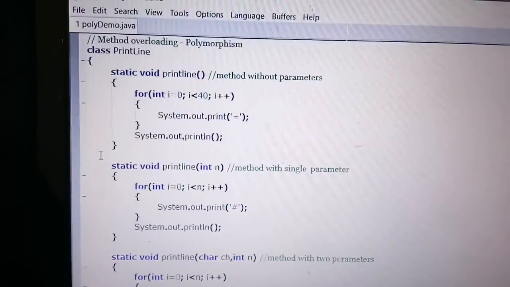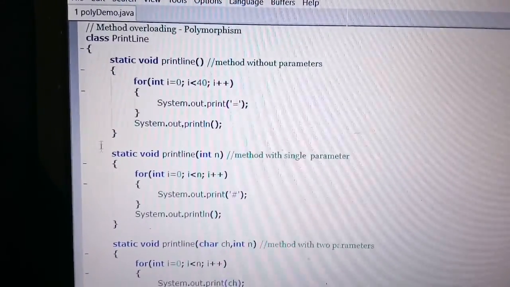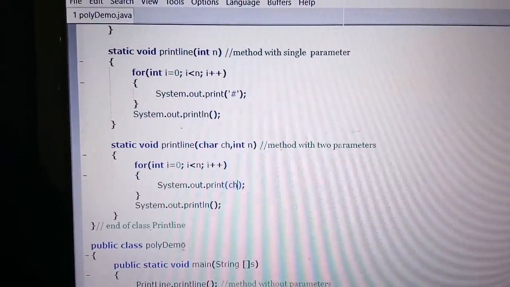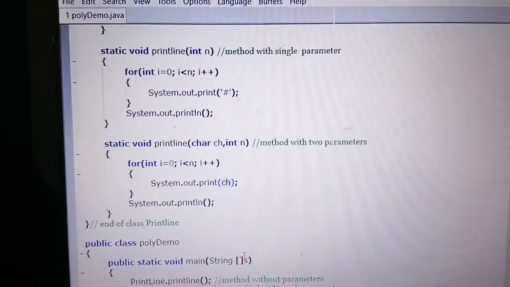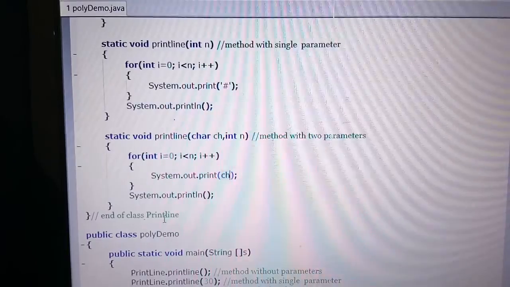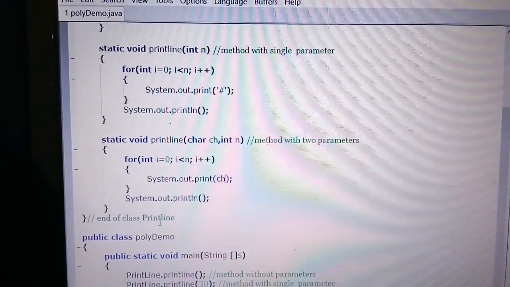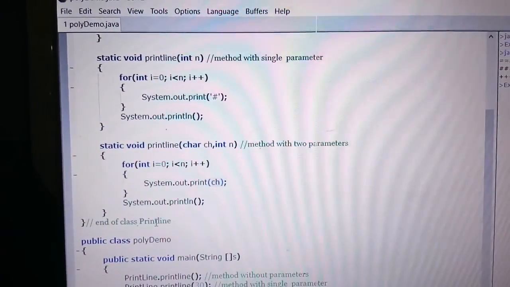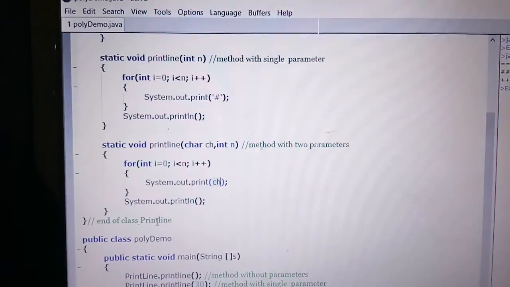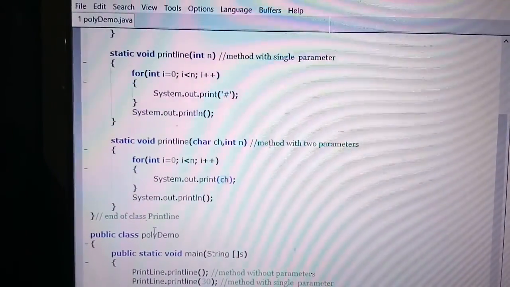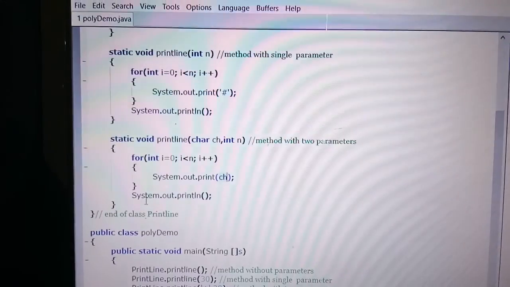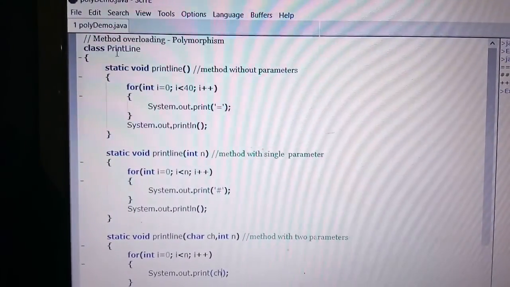Okay. And again, one more thing I want to remind you, that we have 2 classes, but the name of my program would be the class that has my public static void main function. There can be many classes in one single program, but there can be a main function in only one class, and that main class is going to call the remaining other classes. Like here, PolyDemo was my main class, that is calling my another class named PrintLine.